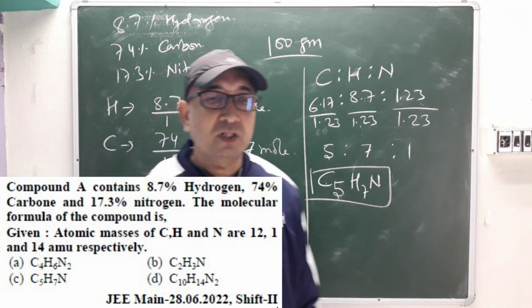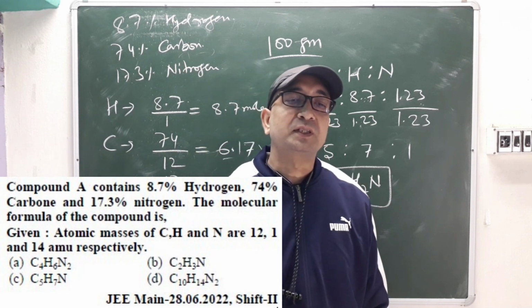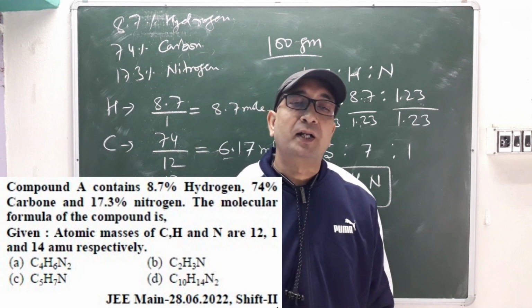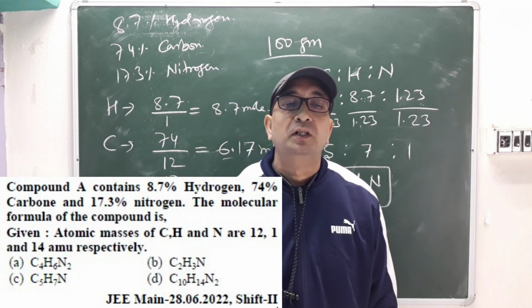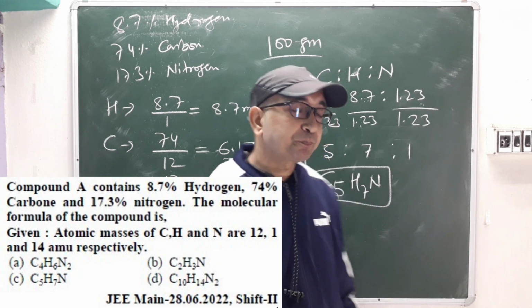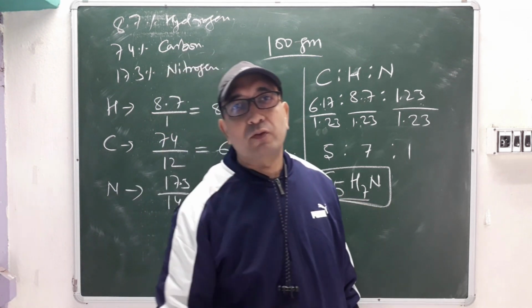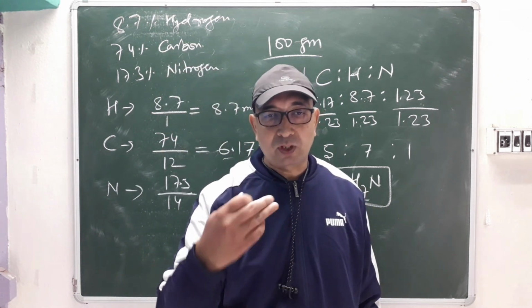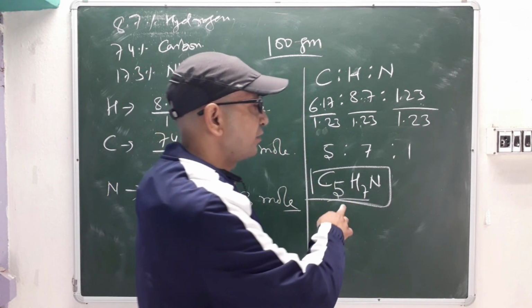We have this option here, C5H7N. Okay, we have option number C, right? Option number C will be the correct answer here, right? But for the molecular formula, if they want it, they have to give that molecular weight. Then only with this empirical formula weight, we will take the molecular formula weight they have given and divide it. With that weight, we will just divide this empirical